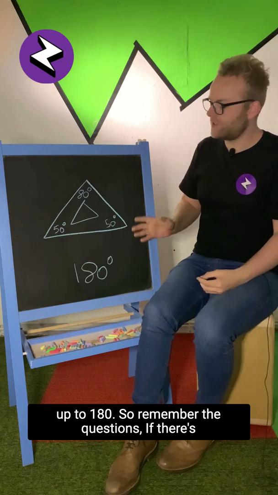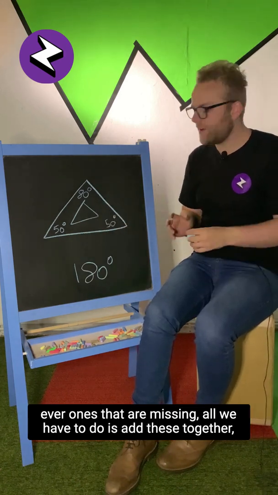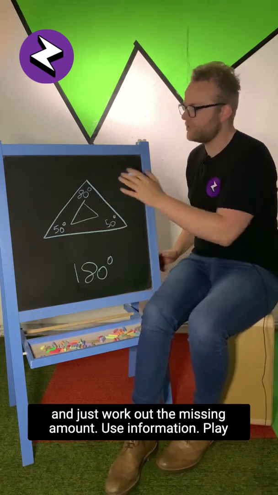So remember the questions, if there's ever ones that are missing, all you have to do is add these together and just work out the missing amount,